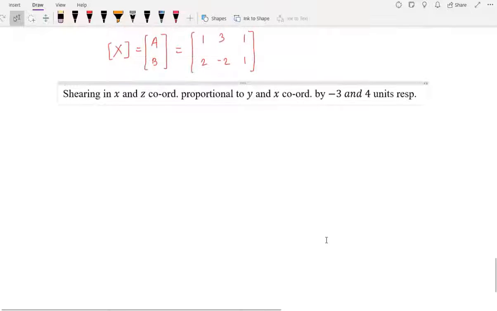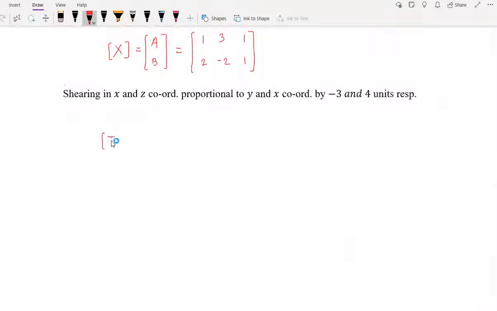Now how to write this shearing transformation, I already told you: the shearing transformation matrix, which will be denoted by T. It is a 3 by 3 matrix. I'll write it here. The first row is for the X coordinate, the second row is for the Y coordinate, and the third one is for the Z coordinate. Similarly column-wise, X column, Y column and Z column. In a shearing transformation, the diagonal entries are always equal to 1, so all the diagonal elements are 1, 1, 1.